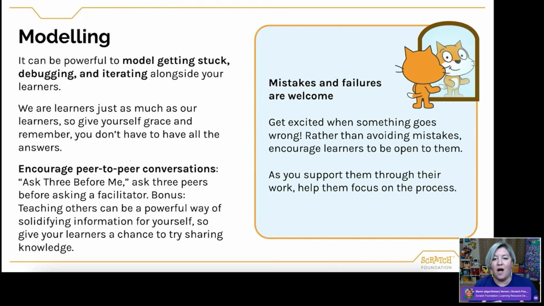And I will say that I also find that Scratchers really love the ability to teach me as the facilitator, as the Scratch team member. They love to teach me what they know. And that opportunity to have your learners get that chance to share knowledge, I think is really wonderful and powerful. And I would encourage you to remember that you don't have to have all the answers. Maybe a classmate could be a really helpful source of information or has a different perspective on the issue.